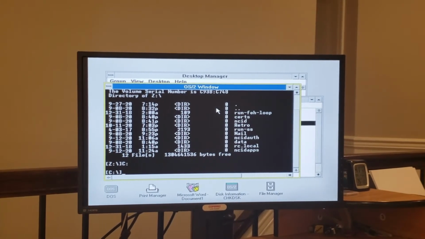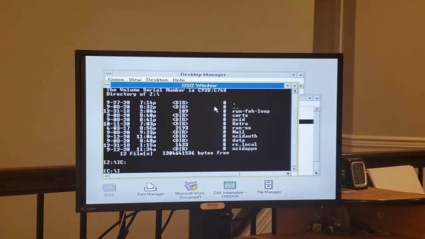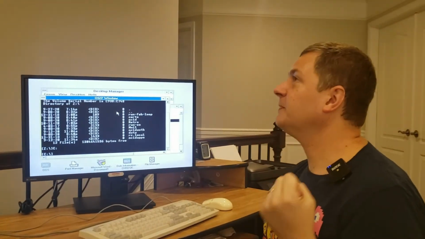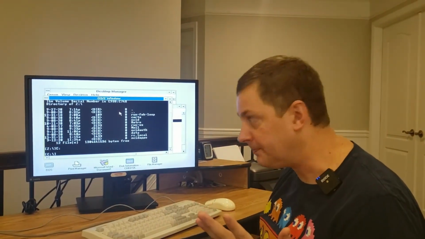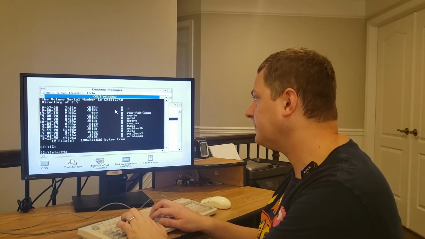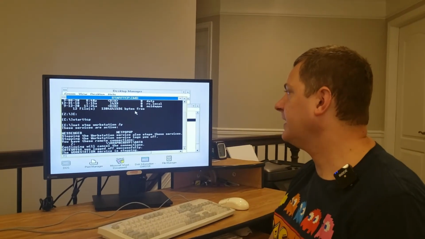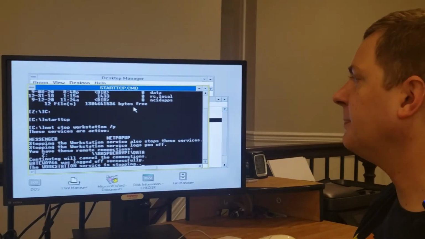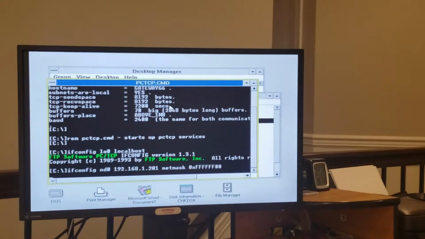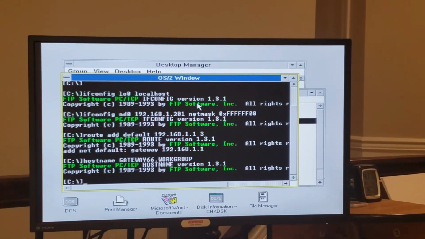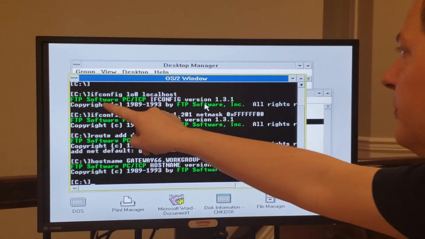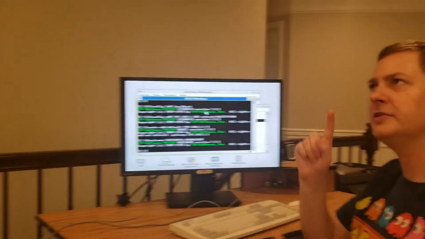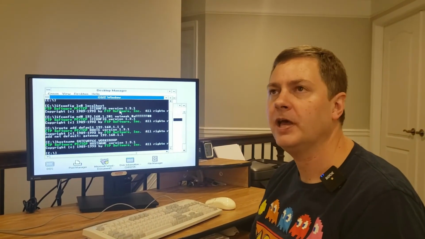There is also a TCP/IP stack for this version of OS/2, and there are people who have got it to work properly, natively, together with LAN Manager. I have not been able to do it, but what I did do is create a command file that can stop LAN Manager and then launch us into actually using the TCP/IP stack, which in this case is IBM TCP/IP version 1.31, which is essentially a bundling of FTP Software's applications, which include things like Telnet, Traceroute, FTP, and your other standard suite of command line